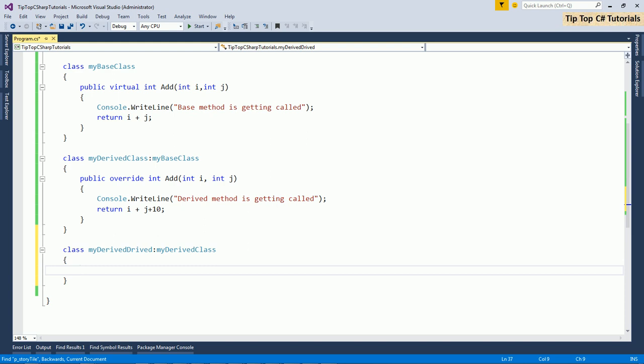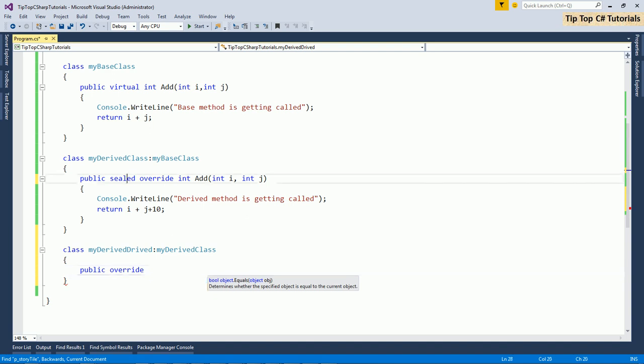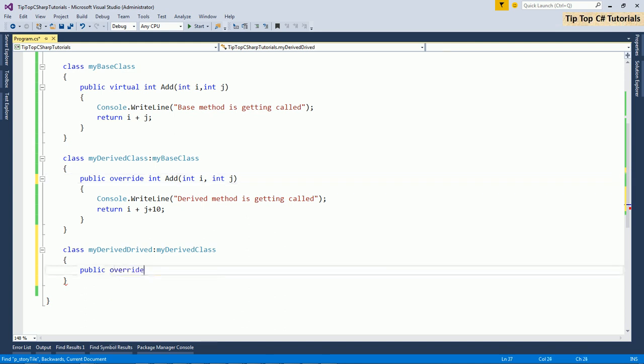Now imagine my derived class decides that nobody should override from this one, then it can have sealed. Now if you see public override, I don't see my add method over here because it is marked as sealed. If I remove sealed, then if I type override, then I can see the add method.